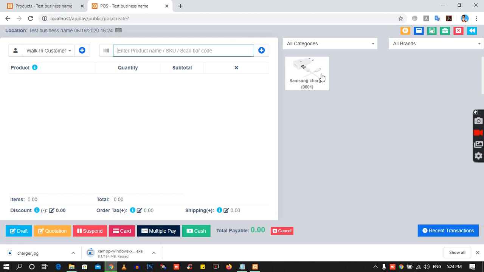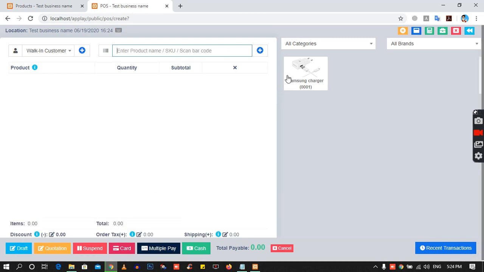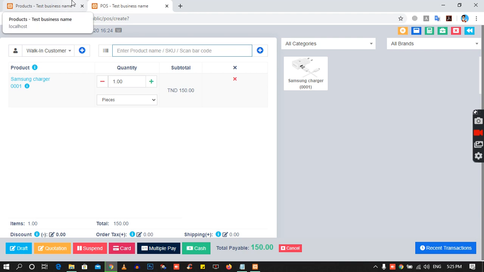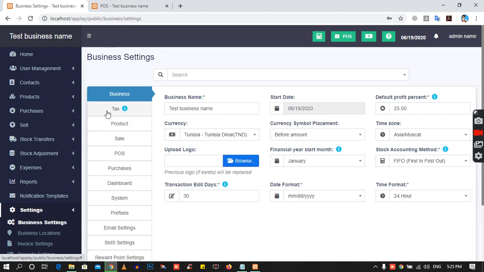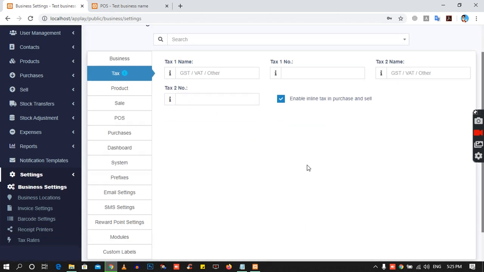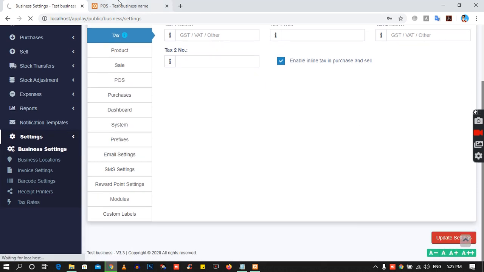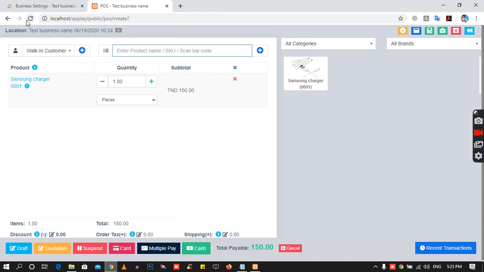So here you are looking, the charger is present here, and when you make a bill you will click here, and we can also, for example, if any customer says that you should increase the rate on the screen, you just have to simply go to business settings, just type here enable inline tax in purchase and sales, refresh.